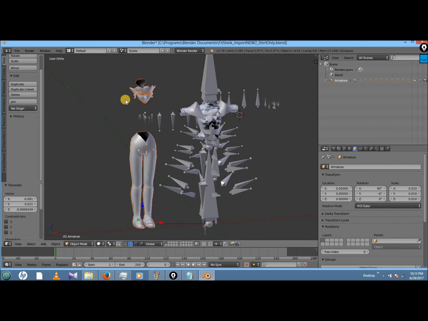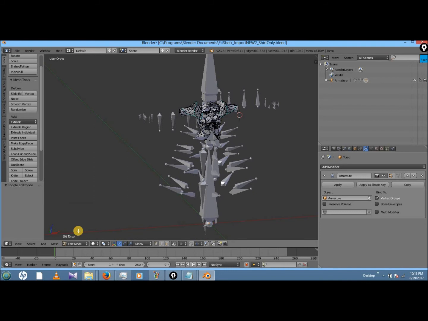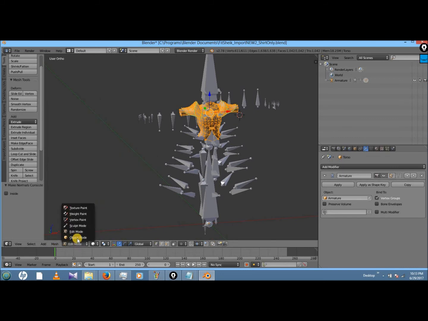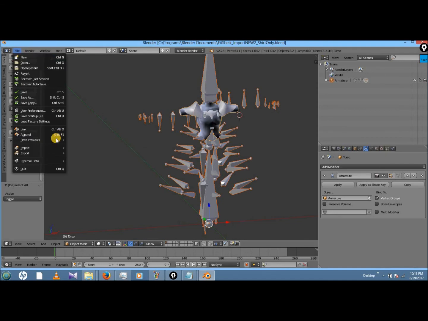And then I will delete all of that. And then all I have to do is fix the normals, which takes like 2 seconds. So recalculate outside, and then export.